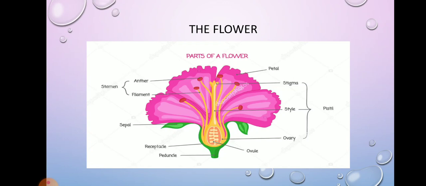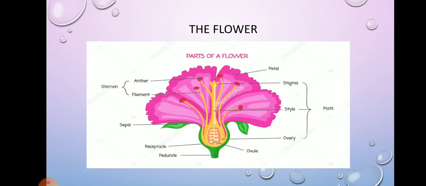Then we have receptacle, which holds the bud when it is in a bud stage. Okay, holds the flower when it is in a bud stage. It protects it inside that. Then we have sepals, which are greenish in color, and again it helps with the same function, that it holds the bud in a younger stage very well and carries it, holds it in a proper manner when it is at the younger stage.